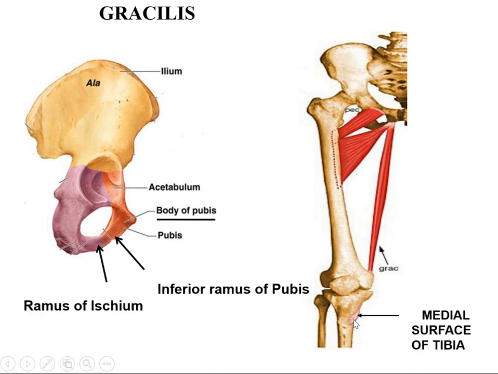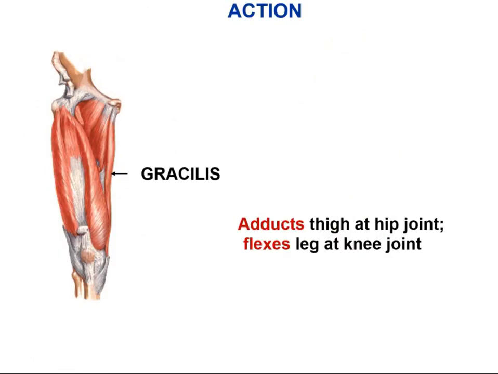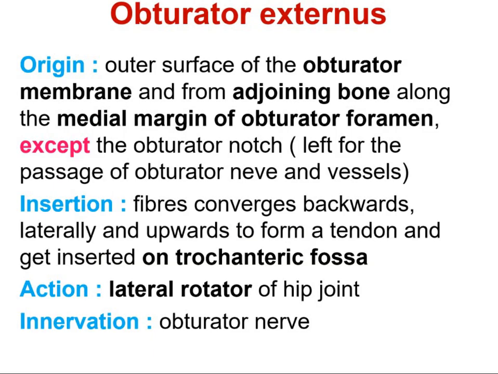Then we have the obturator externus. Okay, in the middle layer, the upper layer we have done, the three superficial muscles. Then in the middle layer is obturator externus and adductor brevis muscle. So obturator externus, it is originating from the outer surface of the obturator foramen. Okay, so this is your hip bone and here we have this obturator foramen.